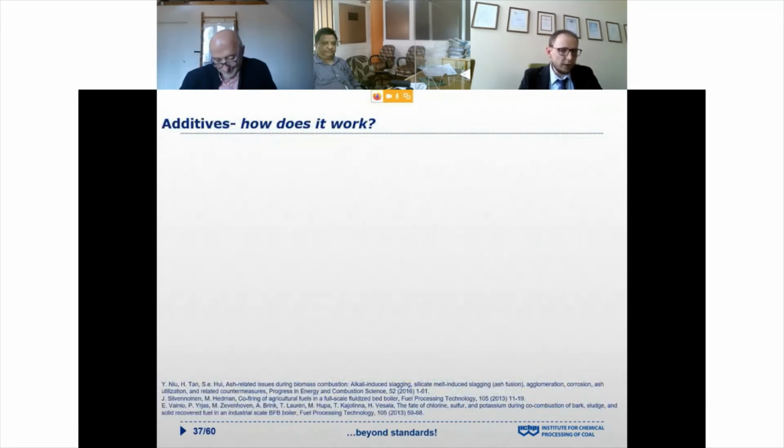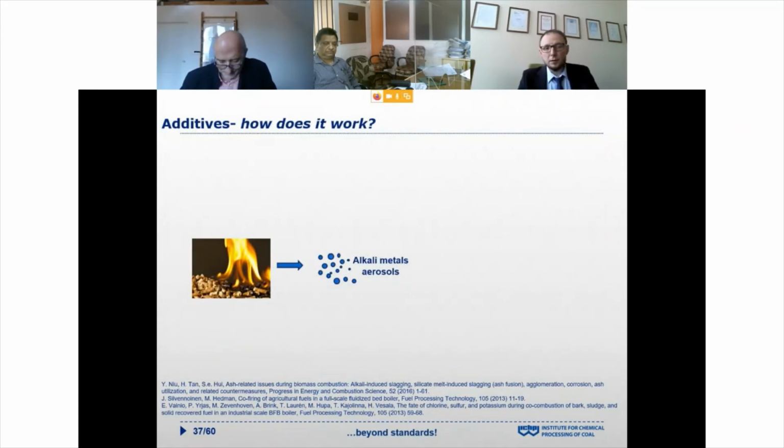But the question is, we apply the additives. How does it work? What is the effect of the additives addition on the ash transformation, especially chlorine and sodium and potassium? So let's consider again the biomass combustion. As you already know, during the combustion we create some alkali metals, aerosols, very thin droplets of the aerosols,